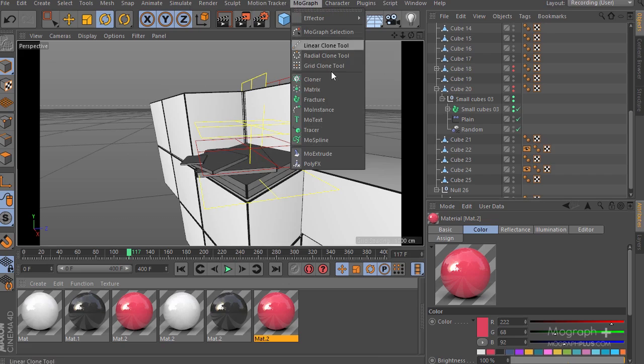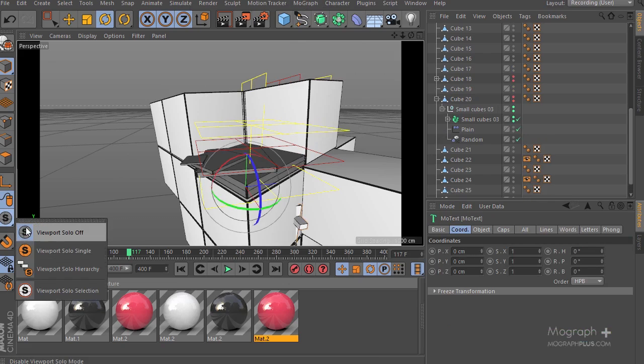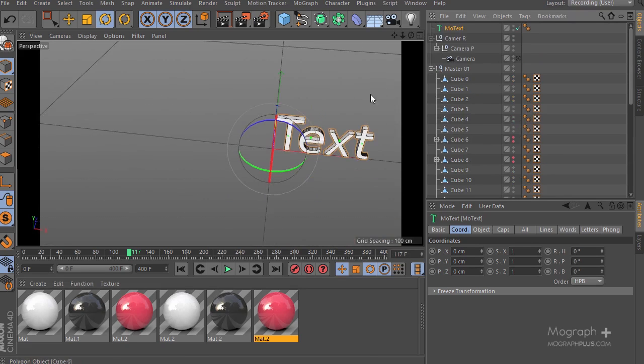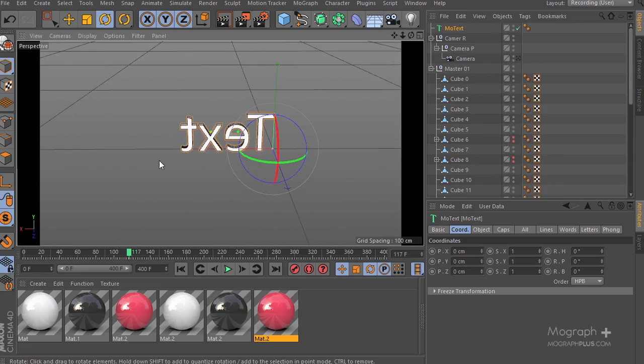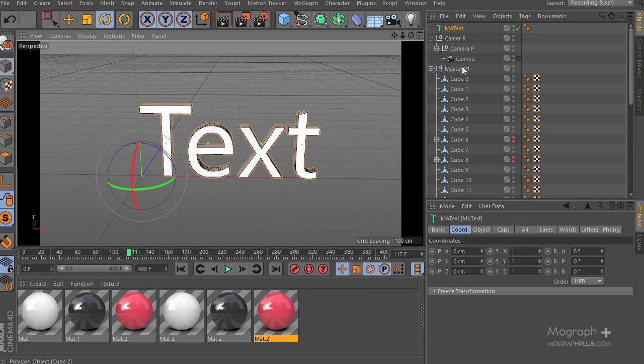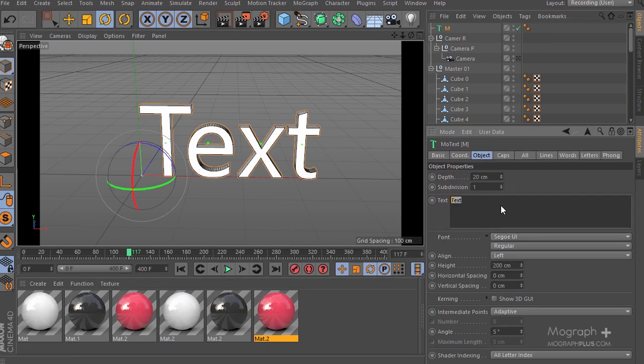I'm going to my MoGraph and add a MoText. I'm going to solo out this MoText, and let's get out of the camera basically and see where we are here. Here's our text. This is going to be our M, so I'm going to be typing M. Let's go to our object, type in M,